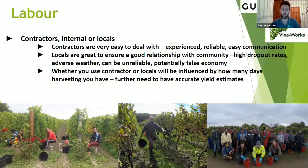Us, particularly at Vineworks, as far as I know, we've never let a vineyard down at harvest time. That can't necessarily be said for locals, as I'm sure some of you experience, and some of you have had better experiences than others. There are a few